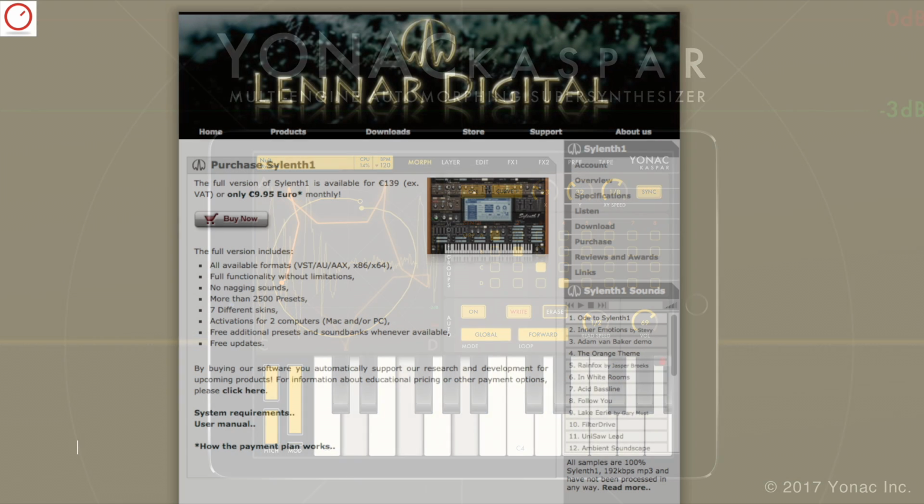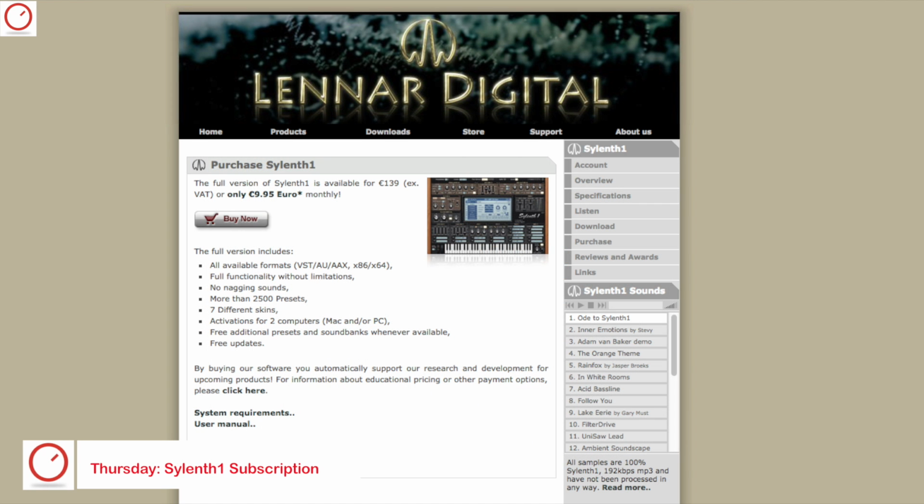I also made an interesting observation on Thursday with a long-known developer of software synthesizers. Usually musicians buy soft synths by download and then own the program forever. However, since many people often download software products illegally, developers are beginning to develop new financial models where the products are more affordable for the users and more lucrative for the developers. One of these new models you can find for the wavetable synth Serum, but also now for the Sylenth1 synth